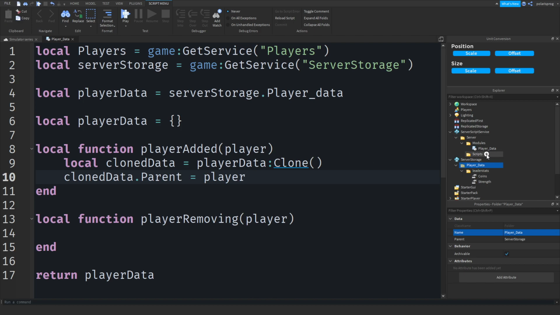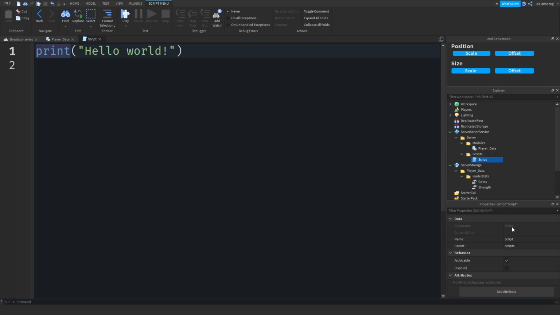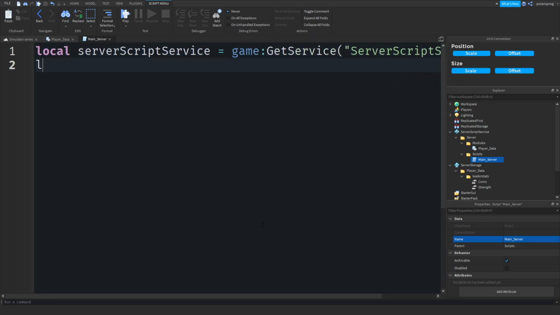And after doing that, we're gonna add a server script inside of the scripts folder, and we're gonna rename it to main underscore server. And then we're gonna add some variables, so local server script service is equal to game colon get service server script service. And then we're gonna do local server modules is equal to server script service dot modules dot player underscore data,